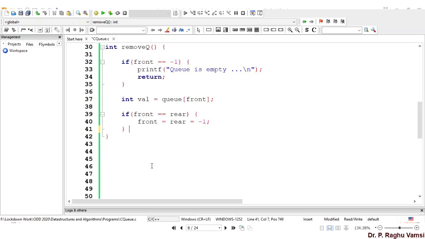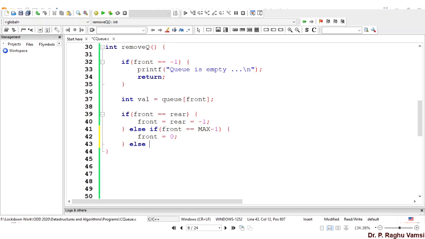In addition to this, what are the other possibilities of a front value? Else, if front is equal to maximum size, max -1, then you can reinitialize it to 0. So front is equal to 0. If not this, then is there any other possible value for front available?